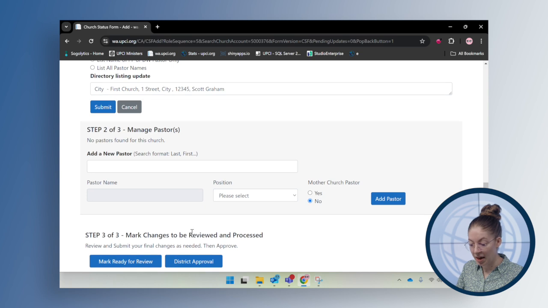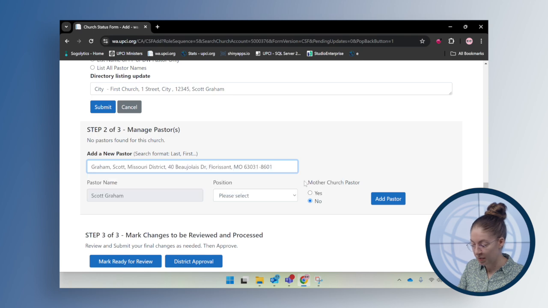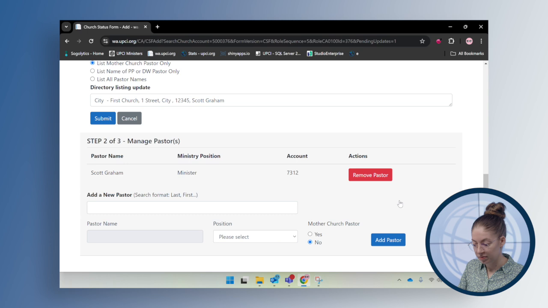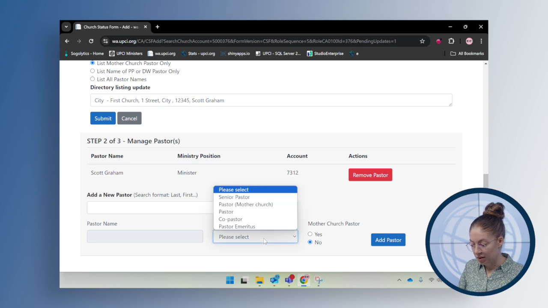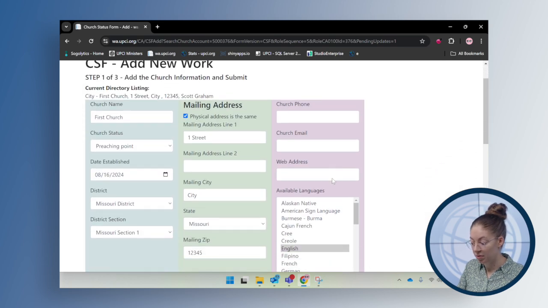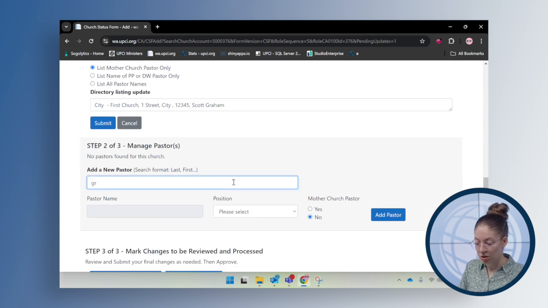The next step here is to search for pastors of this church. I'm going to search for Graham, Scott, and add as pastor. I made a mistake. I meant to add Pastor Graham as the mother church pastor, so you'll see me remove that example. So search Graham,